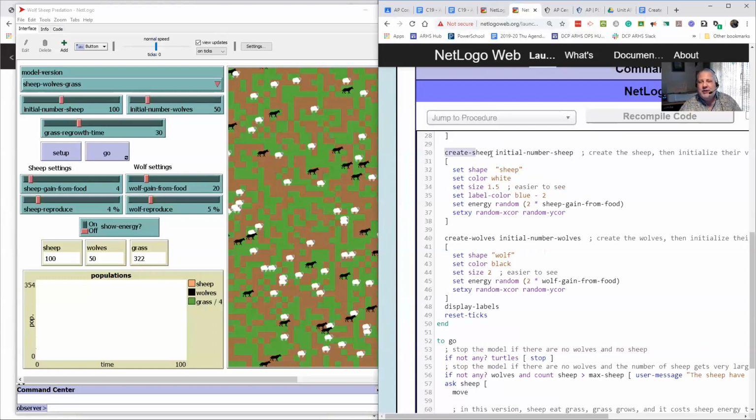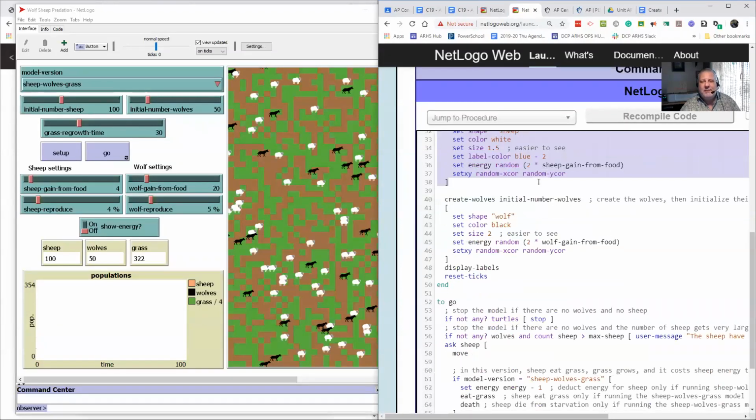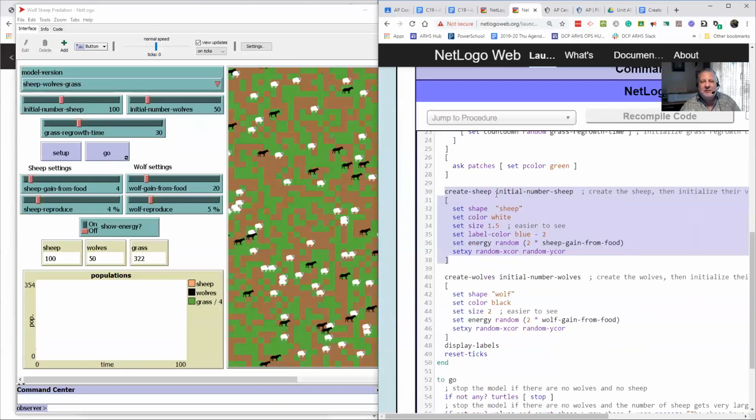And then we have a create sheep, right? We're going to set our initial number of sheep. That's here. And it's going through and setting things on it. So if we wanted to add something here, say we were going to add bears or eagles or something like that, well, we'd want to create, right? We'd have a procedure to create bears, create eagles. And then we would probably have a slider for initial number of bears,